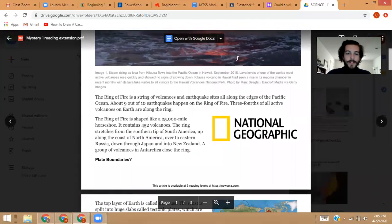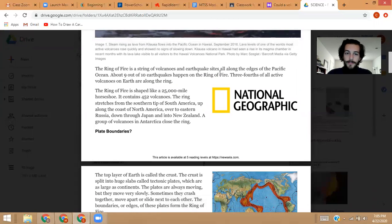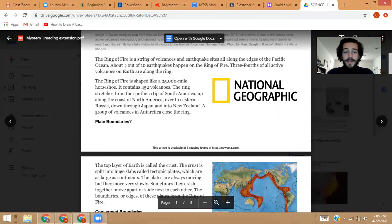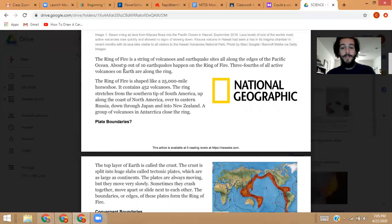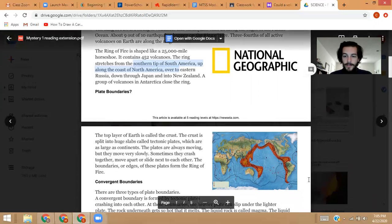Okay, so the Ring of Fire is a string of volcanoes and earthquake sites all on the edges of the Pacific Ocean. About 9 out of 10 earthquakes happen on the Ring of Fire. 3/4 of all active volcanoes on Earth are along the ring. The Ring of Fire is shaped like a 25,000-mile horseshoe. It contains 452 volcanoes. The ring stretches from the southern tip of South America, so that would be right here,